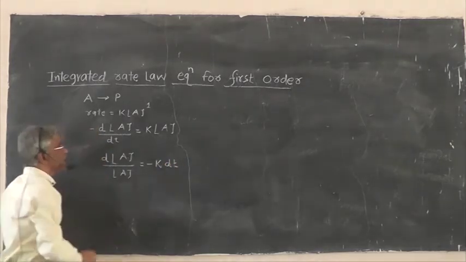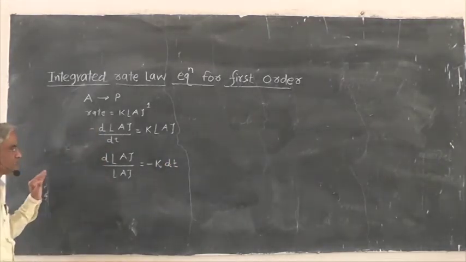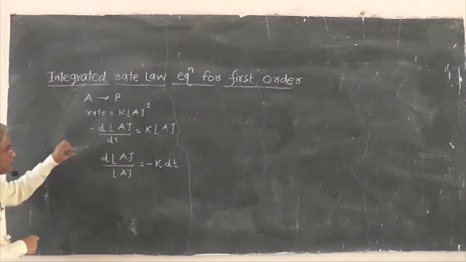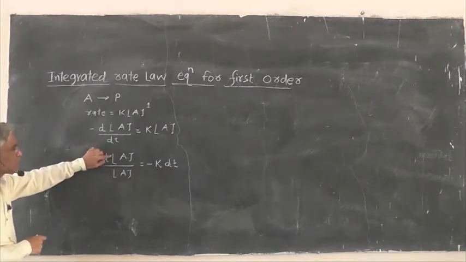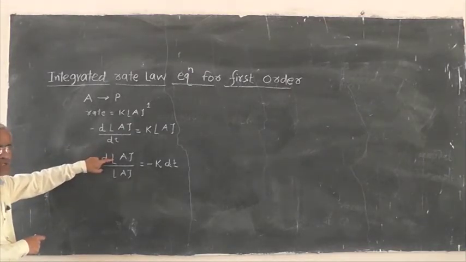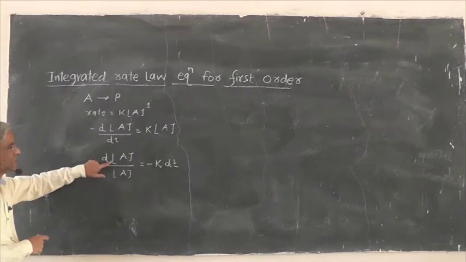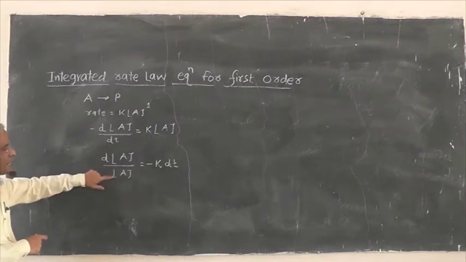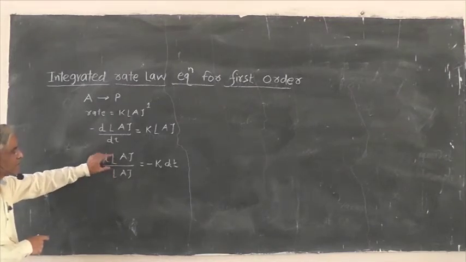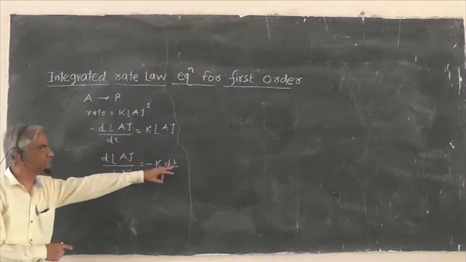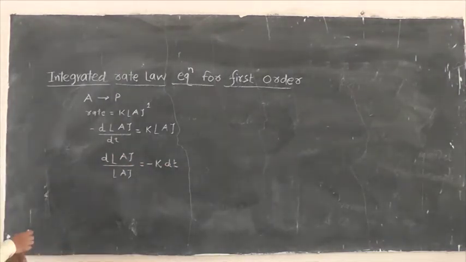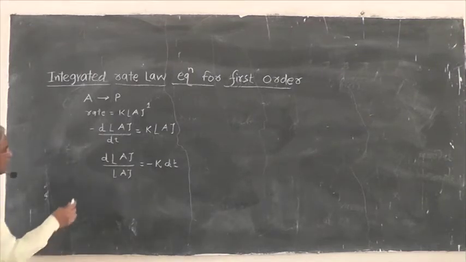I am first doing the integrated rate law equation for the first order reaction. Now we have seen the first method of determining the order of the reaction, which depends upon the concentration of the reactant, by experiment. Experimentally we perform the experiment, and then we write the rate in this form, and depending upon the slowest step of the mechanism we have to correlate the concentration with respect to time. The second method is rearranging the equation. This is called the integrated rate law equation.